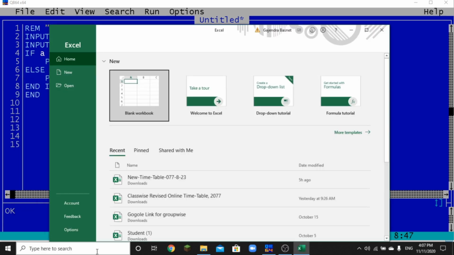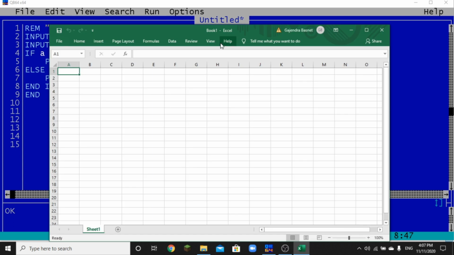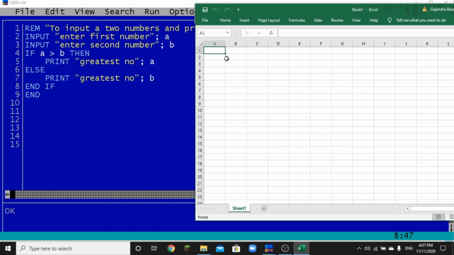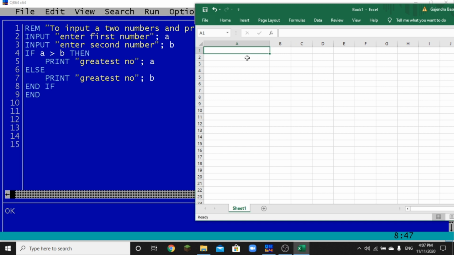In Excel, I will show you how this relational operator is going to work. So just watch in the A1 cell, I am calculating over here. Suppose the value of A is 5 and the value of B is 4. So 5 is greater than 4, then what will it return? It will return true. So this is the relational operator which returns true.